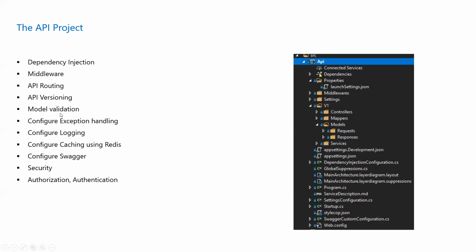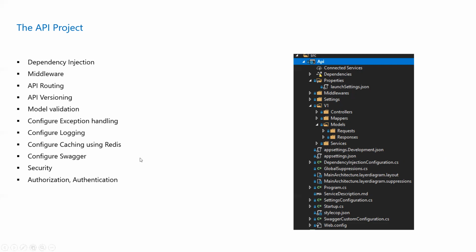You also want to make sure that the input object coming from the UI to the API is validated properly before digging into the infrastructure layer. Configuring the exception handling is very, very important. Make sure that you are logging in one place and configuring it correctly, and writing the proper logging, either information or error or debugging or tracing. That's all important for the API level.